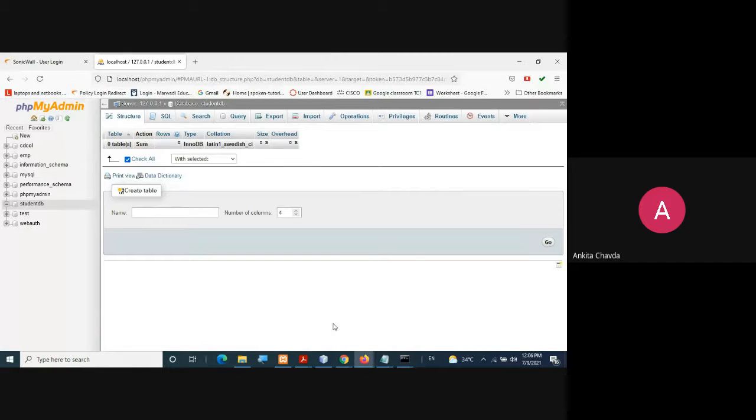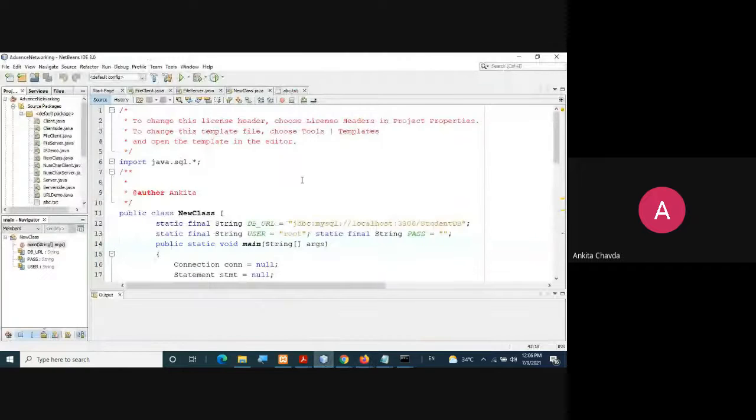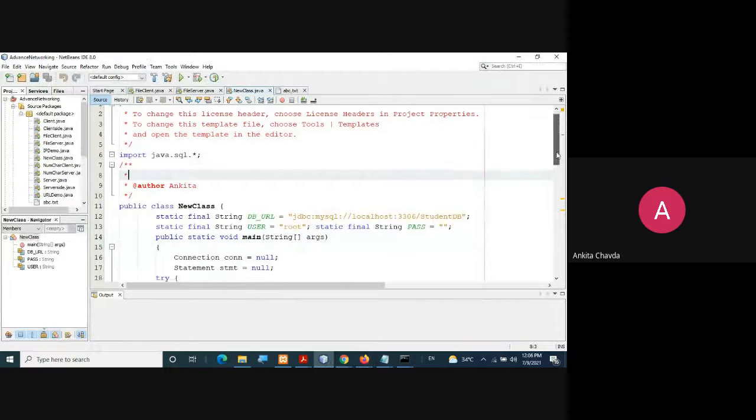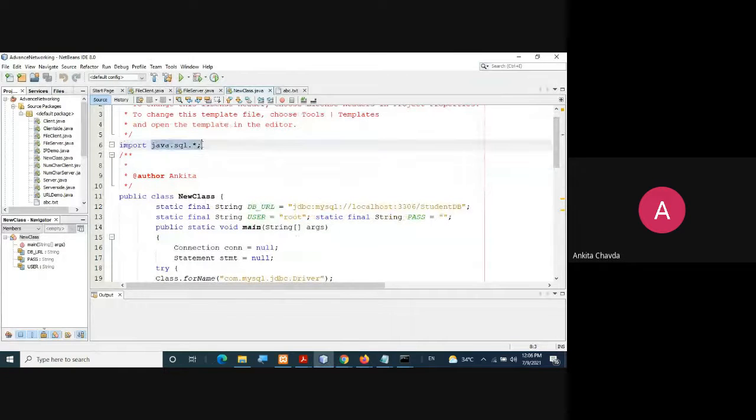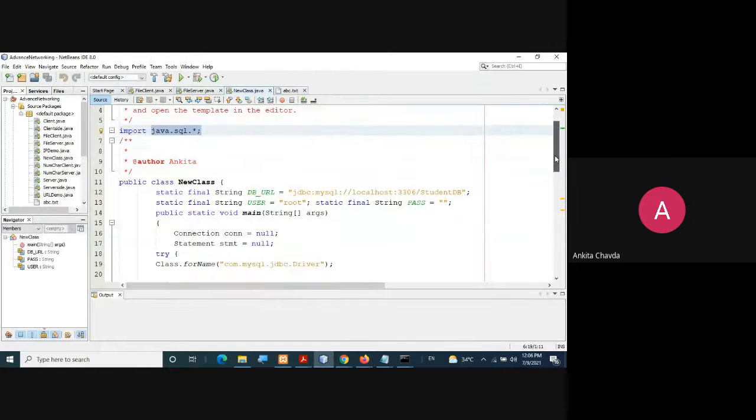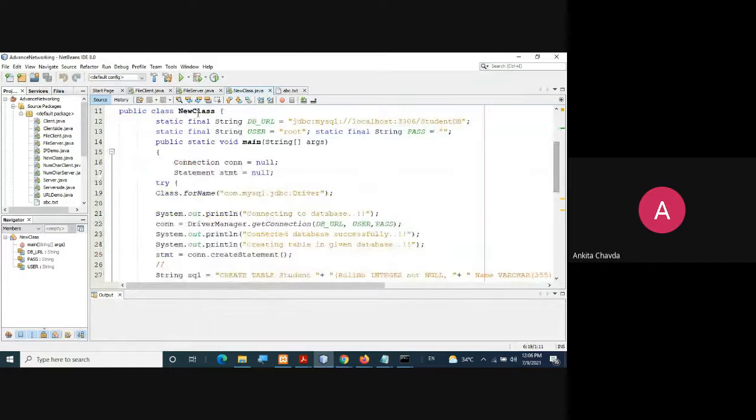Okay, fine. Now what we are doing here is, in our code, you have to import the package java.sql.*, that we have discussed. Then you have taken one class. Inside that, it is not necessary to give static final; you can even remove it.